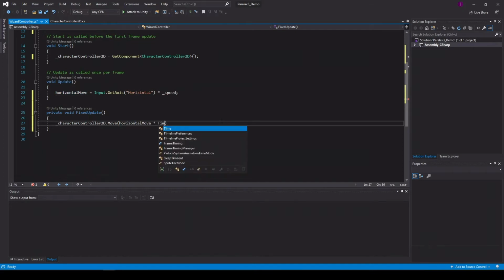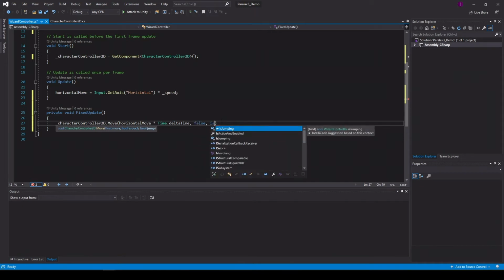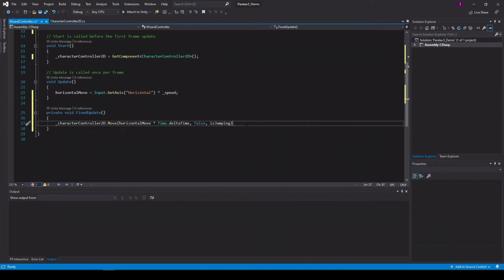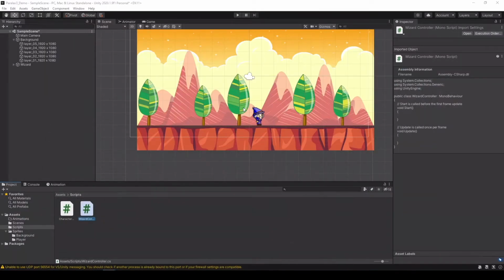We'll multiply it by time, delta time. It's not crouching and is jumping. Maybe we'll handle it later. So if I did everything correctly, we should have